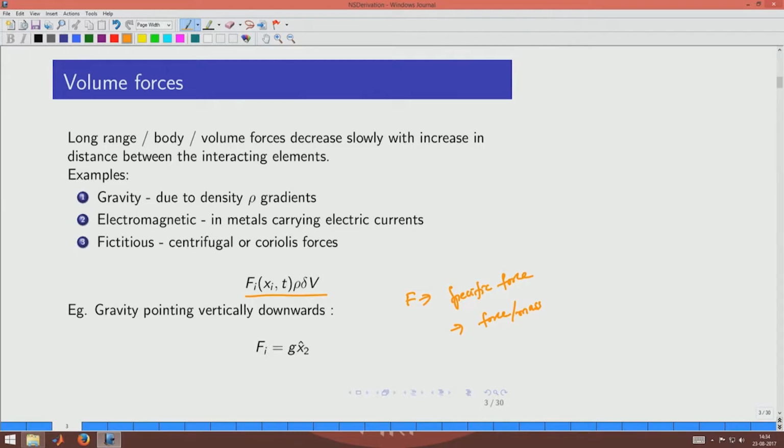It will have the units of acceleration, and normally we think of the y axis going upwards. So, if you want to write it in vectorial fashion, you can write F is equal to g into the y vector. In this case it is x2. Now,